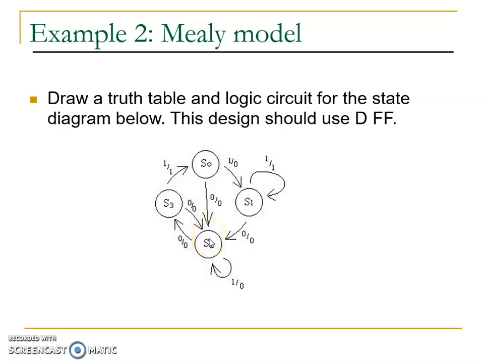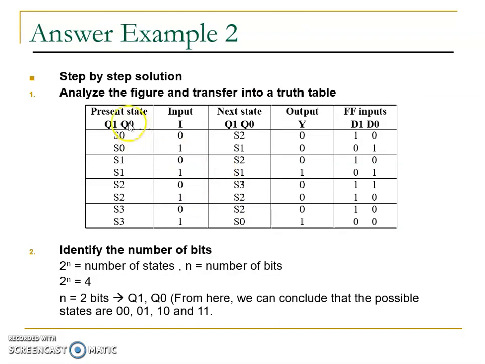Okay, so this is example 2 for the Mealy model. Draw a truth table and logic circuit for the state diagram below. This design should use D flip-flops. So how many states do we have here? 1, 2, 3, 4. So 4 states. Step by step solution: analyze the figure and transfer the input into a truth table. Then identify the number of bits. So we have 2 to the power of n number of states, where n is equal to